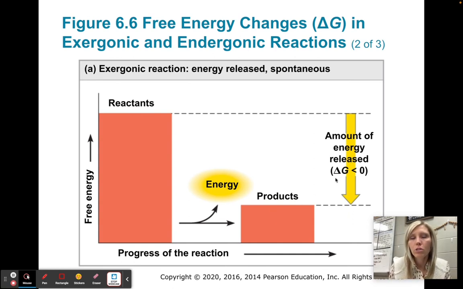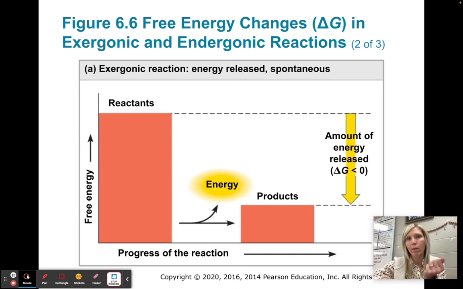So the change in G, or the change in free energy, is a negative number. I took money out of the bank. But because I took money out of the bank, now it's in my hand and it's available to actually spend. So making that analogy to this exergonic reaction, and these are catabolic reactions, there's going to be molecules that are broken apart, and during this catabolic reaction, energy is going to be released to the outer environment. So you're going to have a change in free energy that we call negative as it's released to